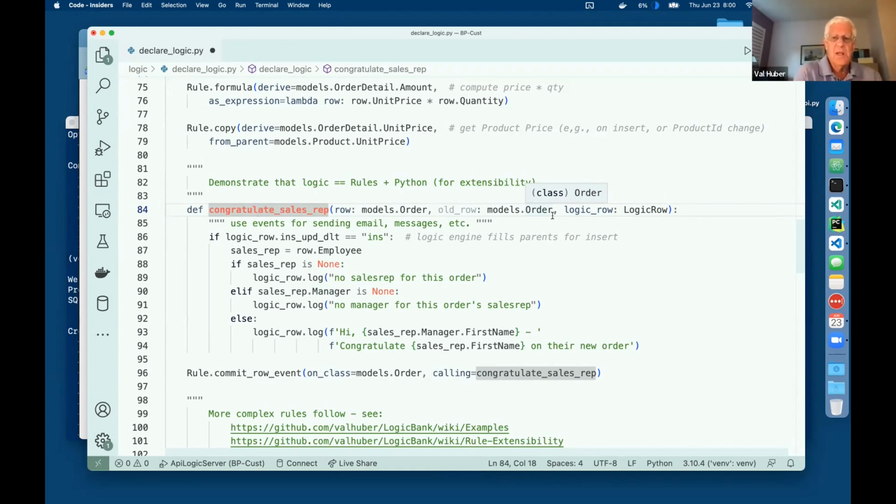Everybody's favorite example is, in every company, of course, there's a rule that says raises for programmers must be over 20%, right? So to be able to enforce that rule, you need to know what the new salary is and what the old salary is, so you can make sure that the raise is sufficient. In this particular example, we're not giving raises. We're going to just log something. We're kind of mimicking sending an email, but we can set a breakpoint. So now we've got 2 breakpoints set. Let's